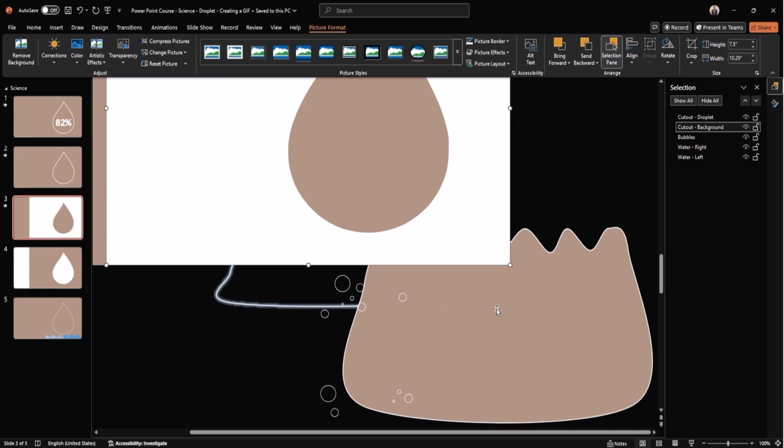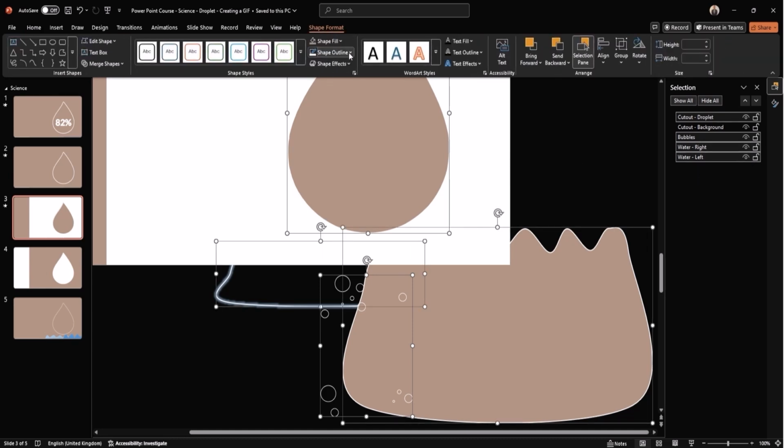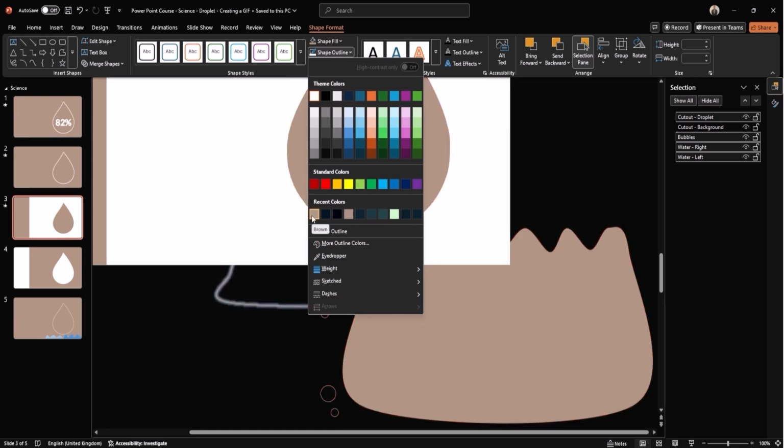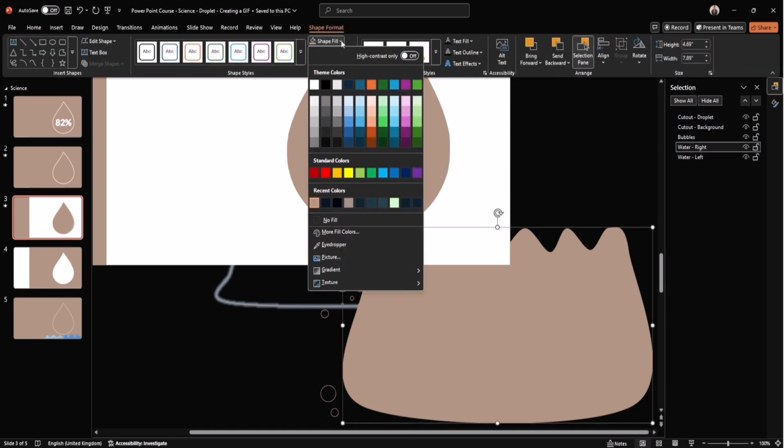Now, change the shape outline to brown on the droplet cutout, waves, and bubbles. Then, set the primary wave fill to white and also change the background to white.